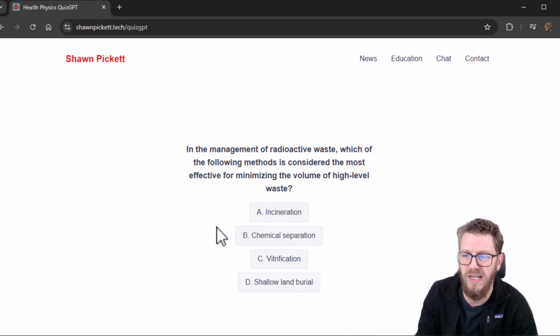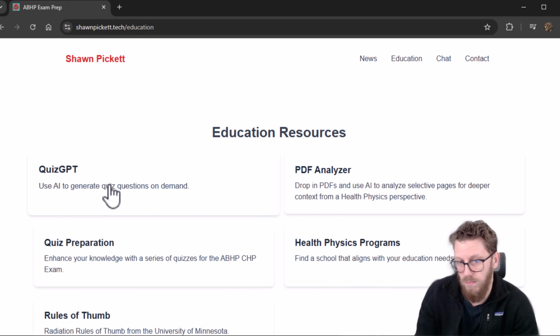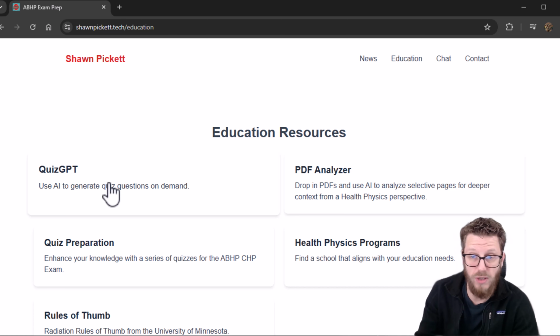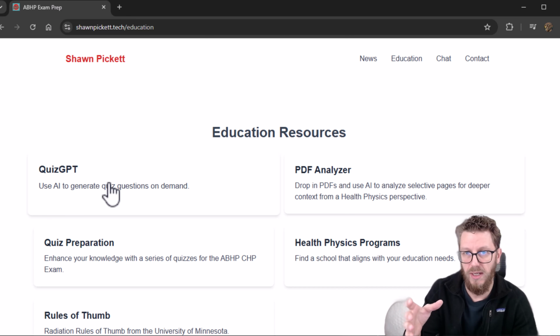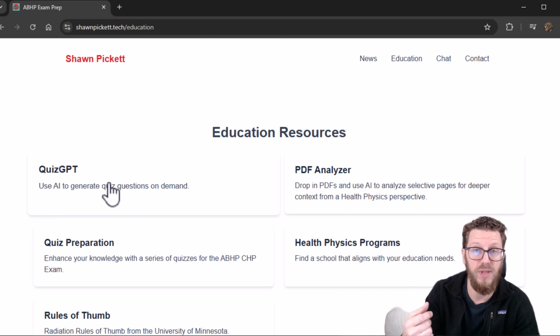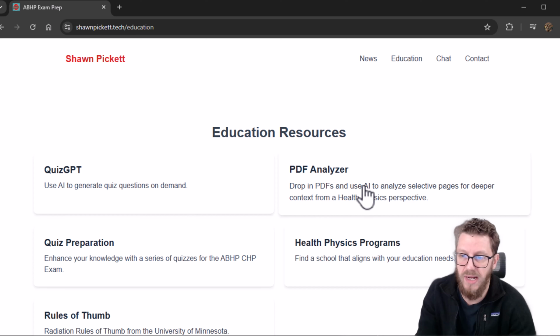Mostly, it might run out of context at some point, but the questions do get increasingly harder as you go. And so you can just use that to continue to ask yourself questions and quiz yourself. This also works really well on mobile. All of these tools have responsive formatting, so they do work on mobile or desktop or